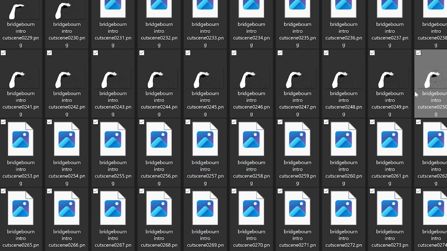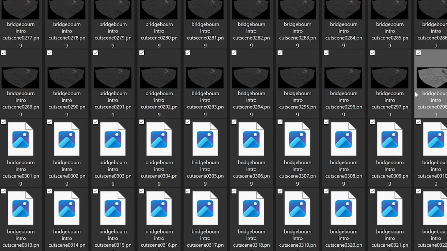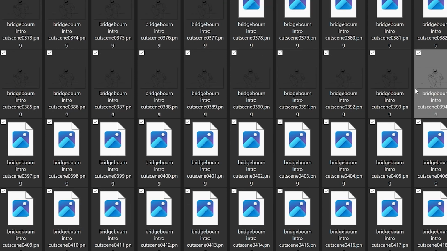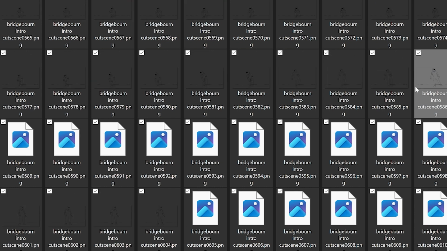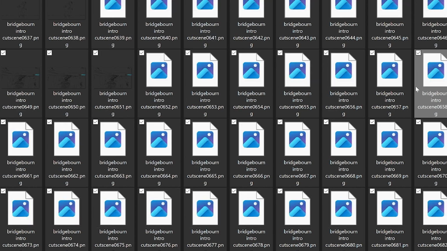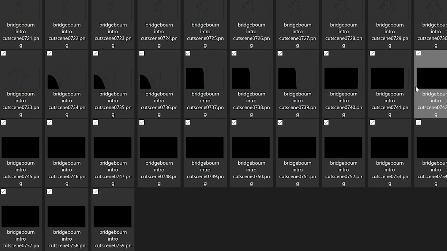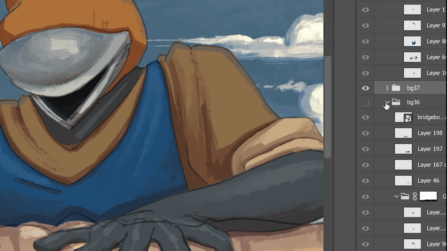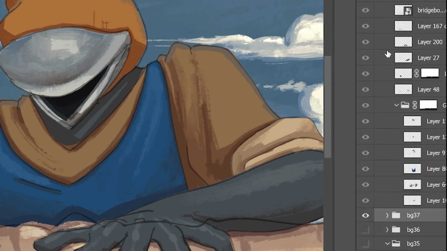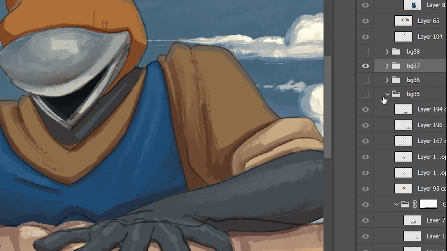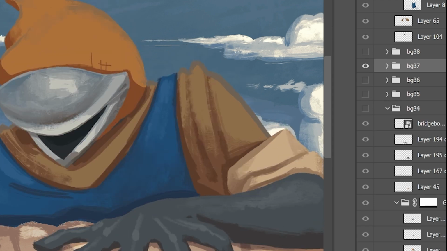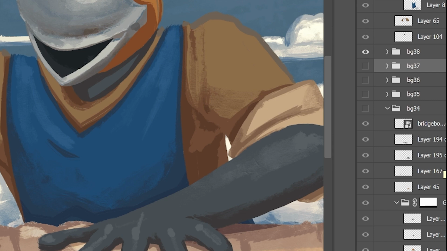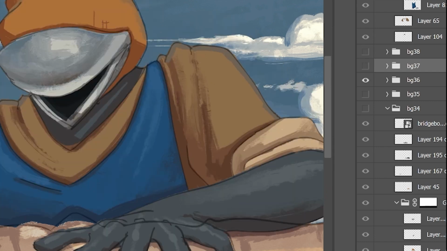But I had to export the Flash frames and import them to Photoshop basically manually. There are ways to import a Flash project automatically to Photoshop, but I had issues with the way it did this. Basically, I had to make layer groups for each frame to comfortably add in effects and layers. There was a lot of going back and forth on the frames to keep the brush strokes looking consistent when I was filling them in. And that was basically what I was doing with this step, was filling in the outline from Adobe Animate